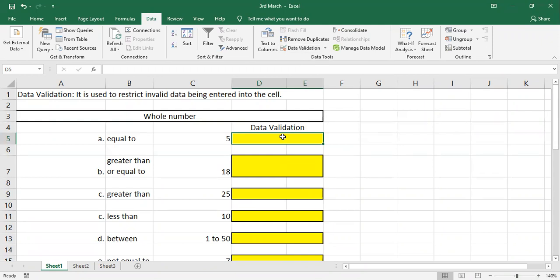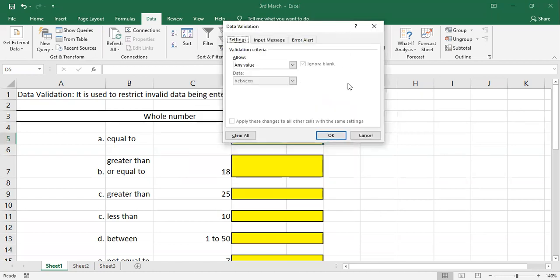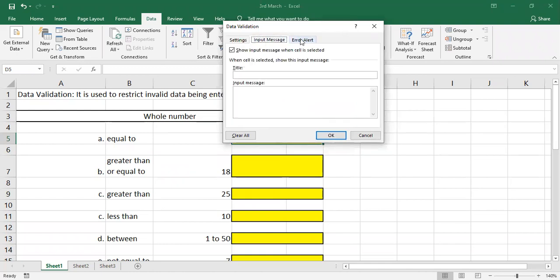I have selected the cell D5, and now I'll select Data Validation. In this window it displays Settings, Input Message, and Error Alert. Input Message and Error Alert are optional. If you want, you can type an input message as well as an error alert.